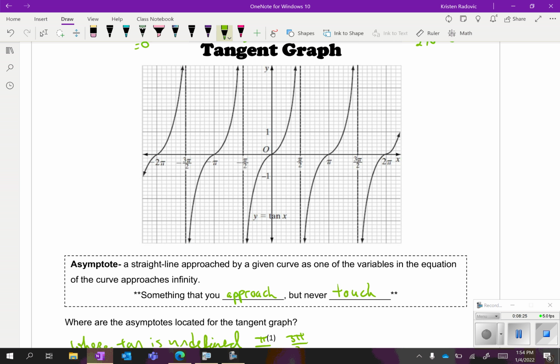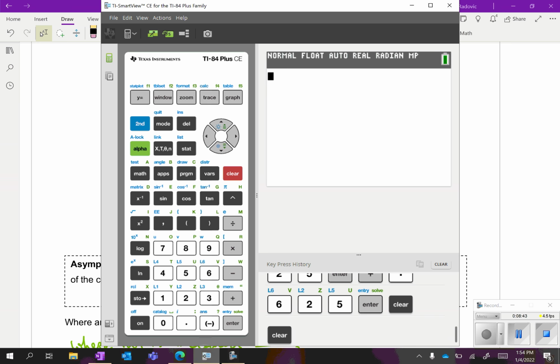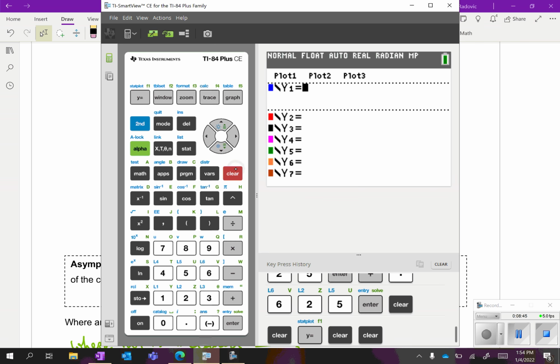You're never going to be expected to graph this on its own. You are only going to be expected to be able to identify it. So sometimes they'll give you a bunch of graphs and they'll ask, which one's tangent? You don't have to remember it because you have a calculator. And on your calculator, you're going to go to y equals. You're going to type in tangent x,